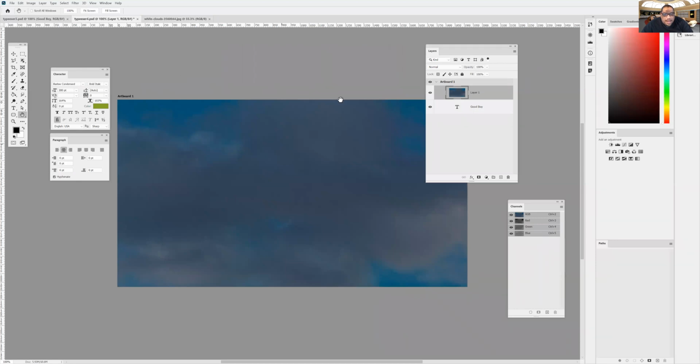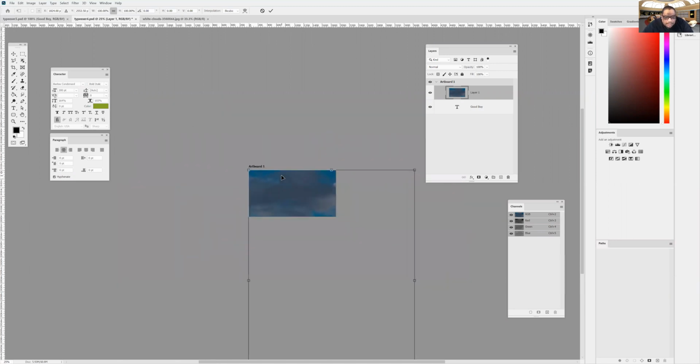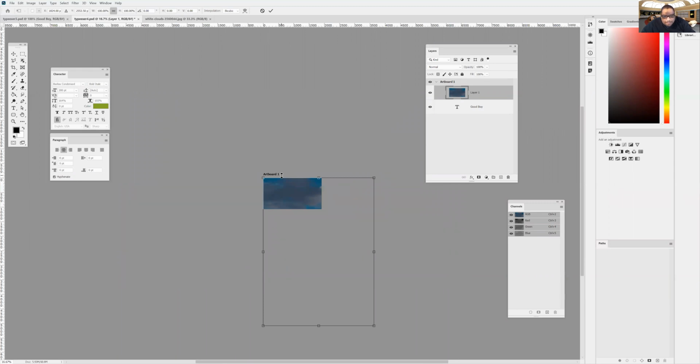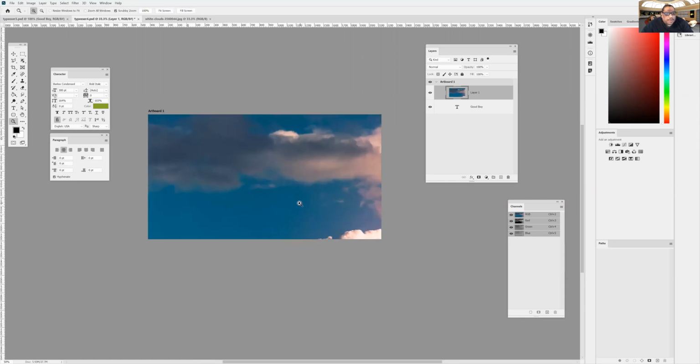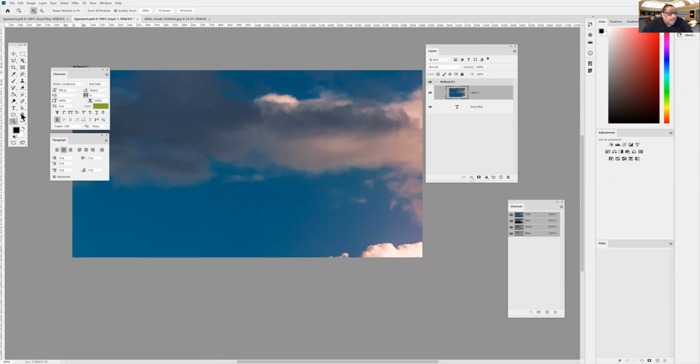And the size of the picture is much larger, so I'm going to free transform. Control T on the keyboard or edit free transform, and then I'm going to hit Control minus to zoom out, and I want to make the clouds fit over the image. Something like that should work. Click the commit button, and what I'm going to do is use a clipping path to trap